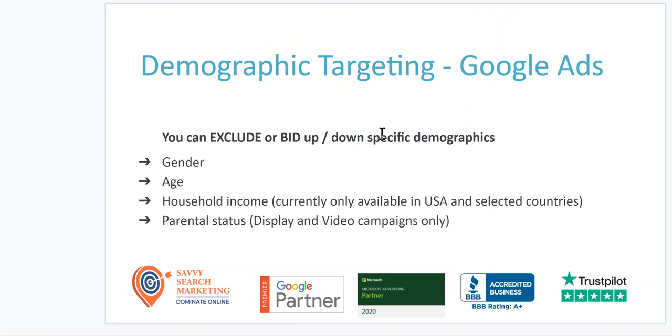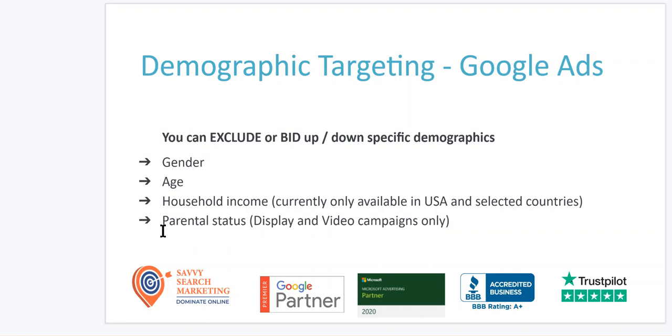Demographic targeting is available in certain demographics, which are gender, age, and household income. Noting that household income is only available in USA and selected countries, as well as parental status, which is available on display and video campaigns only. So for specific demographics, you can either exclude them entirely, as I will show you, or you can bid them